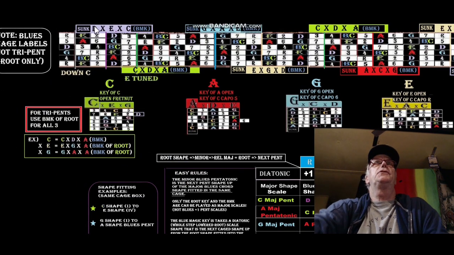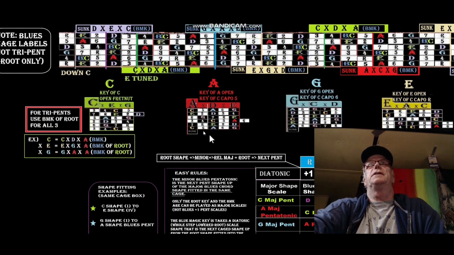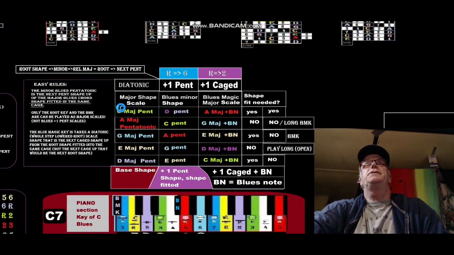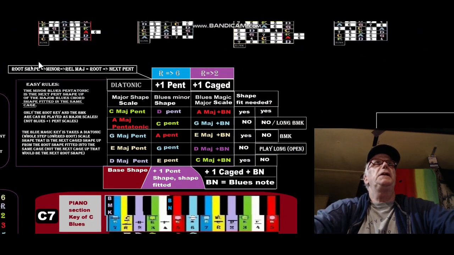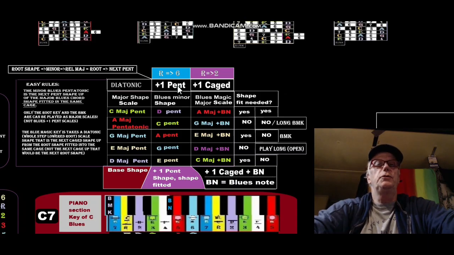These labels are very interesting because what we have over here is this chart here that I made. All right, and it gives you the diatonic. It gives you +1 pent and +1 caged. +1 pent will give you what we're going to call the key of the root key of the blues is here in the diatonic. The blues pent key is +1 pent, and +1 caged is going to be the blues